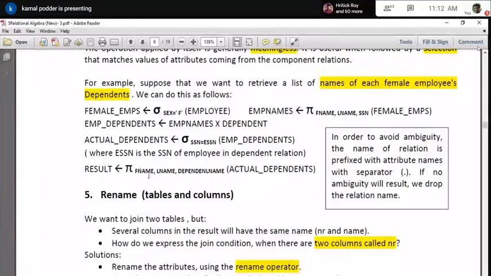User only wants first name, last name, and dependent name. That means the employee's first name and last name, which I have already accessed from the employee table, and the dependent name from the dependent table. Because as soon as you do the Cartesian product, all the dependent information will join. Okay, we'll come to the result set. So naturally here I apply another project clause which will project only the important attributes which I need. So ultimately it will give the result.